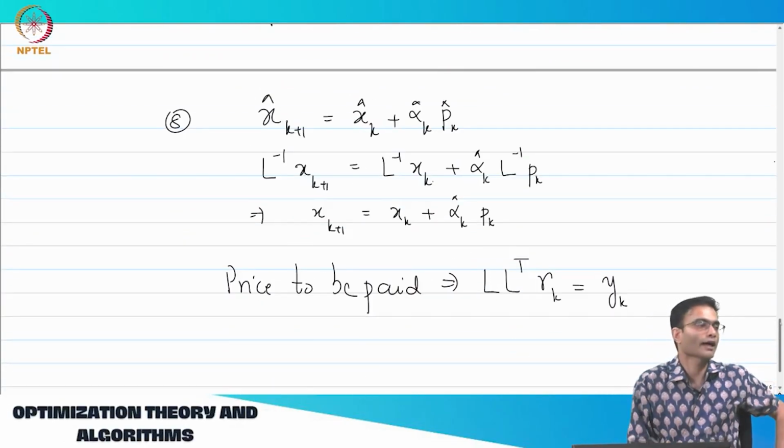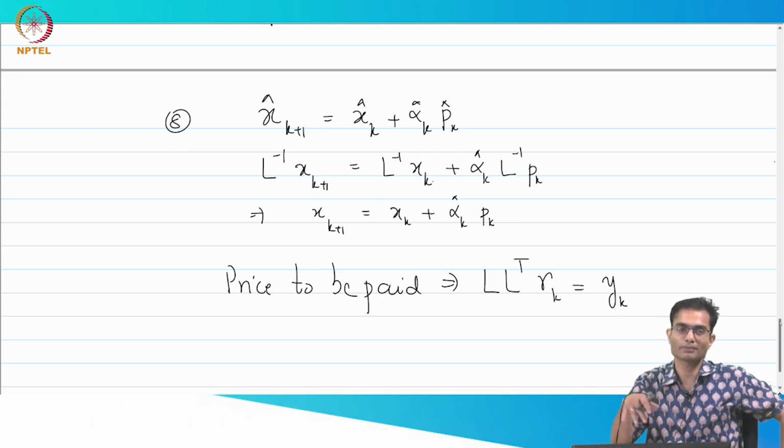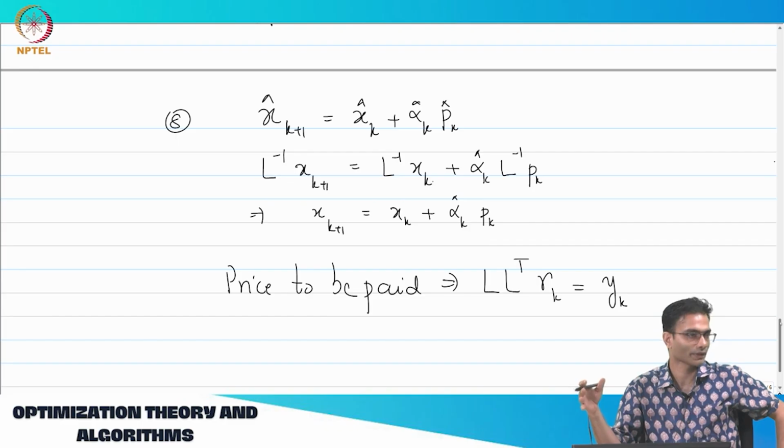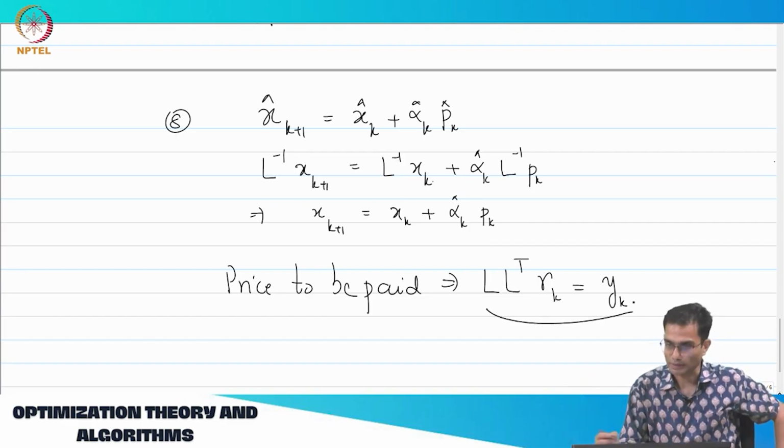Did we ever have to calculate L inverse? It appeared as an in between step, but we never actually needed it anywhere. The only extra term was this L L transpose appearing everywhere. So this needs to be done. Now,